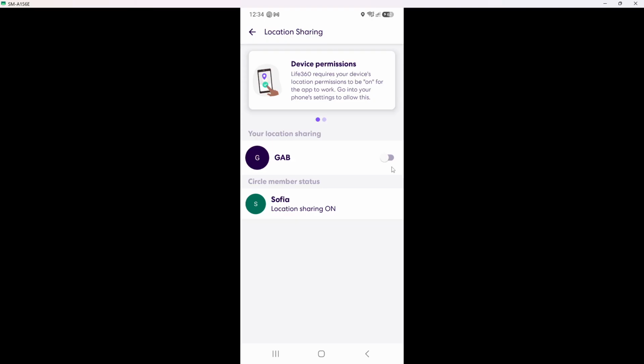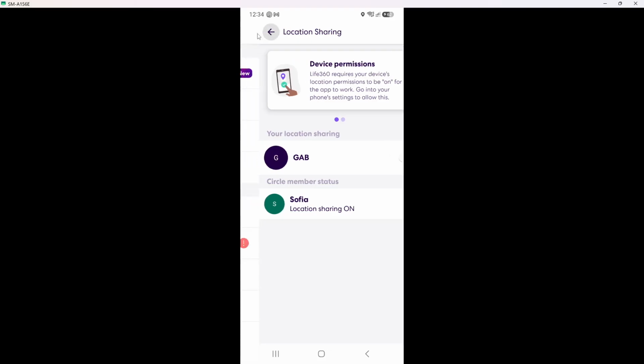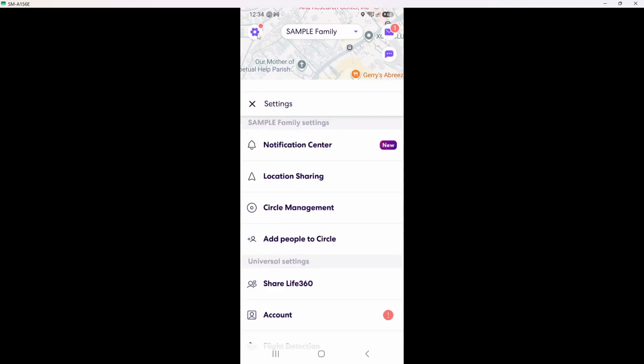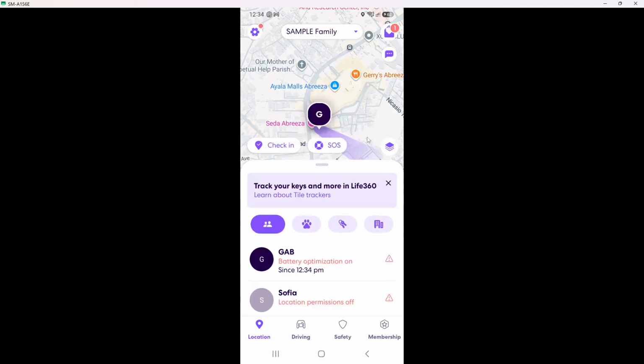As a result, your circle will see location sharing paused. This message notifies others that you are not currently sharing your location. It is important to understand that turning it off in one circle does not affect your other circles. This flexibility allows you to manage your privacy on a more granular level. You can choose to share your location with one group while keeping it private from another.